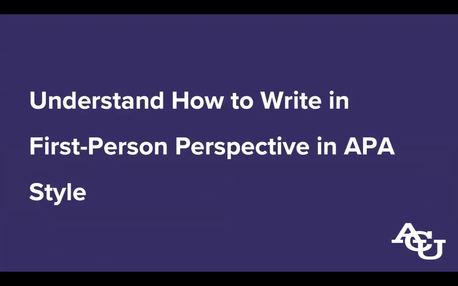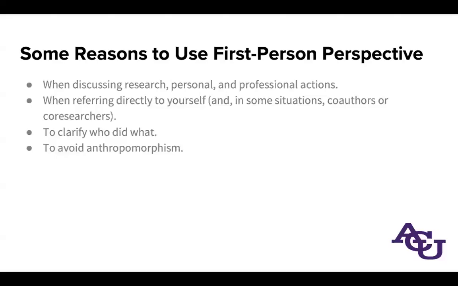Now, before we get into writing about loss, we do need to take a quick look at how to write in first-person perspective in APA style. Because if you've done this before, then it's second nature. If you haven't, and you're thinking, I don't think I'm allowed to do that, yes, APA 7th edition does allow